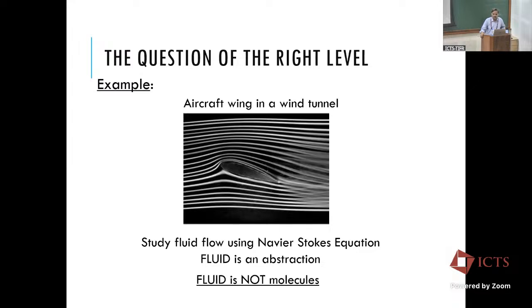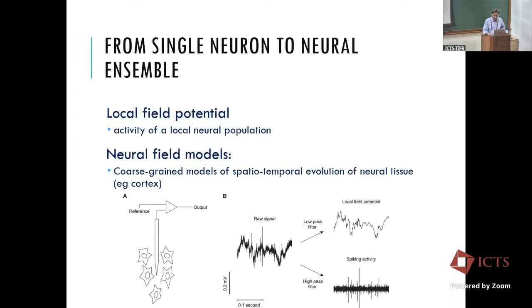Nobody talks about fluid as a bunch of molecules colliding and all that. So we invoke this abstraction called fluid, where a fluid element is lots of molecules, of the order of Avogadro's number. But that doesn't make it vague. You have a very rigorous way of describing fluid at that abstract level, and you can design your aircraft wings and ships and all that in a reliable span of time.